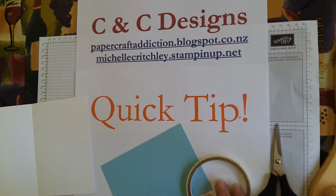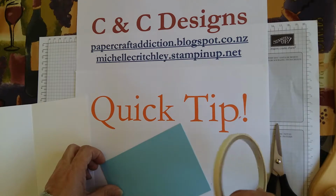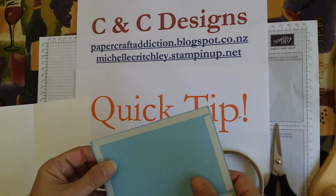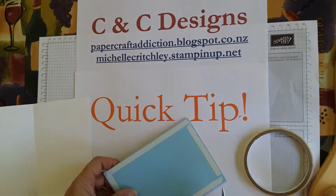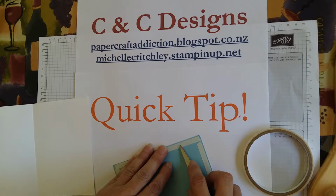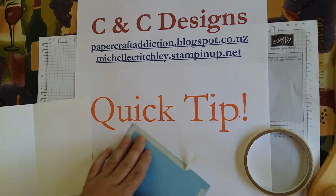When you're putting cardstock onto your card using double-sided tear and tape, I like to use tabs, so that makes it easier for placement and if you need to adjust things. So simply create a tab on each little strip, bend it over,